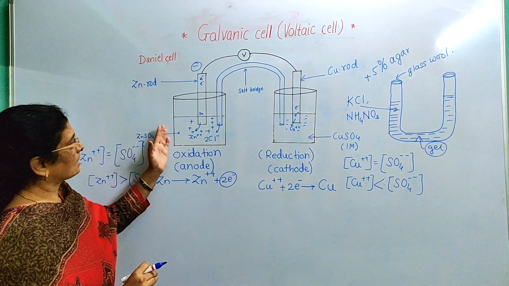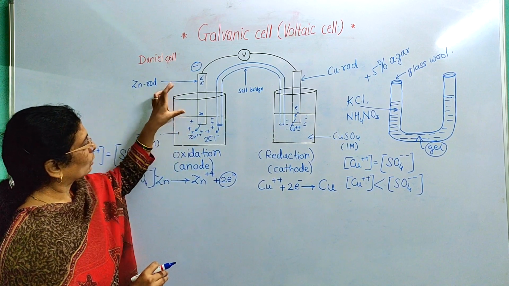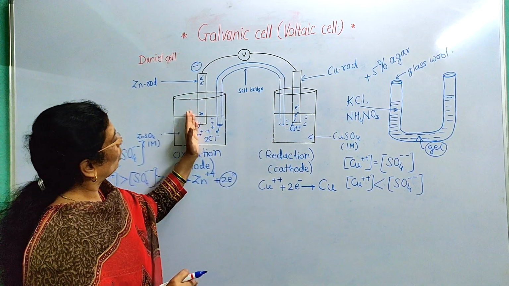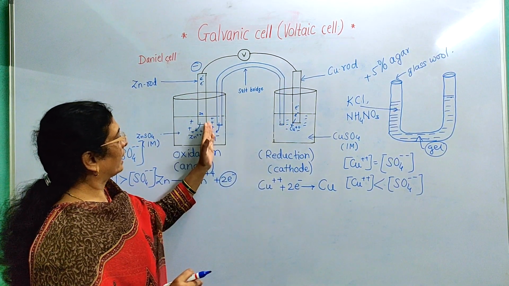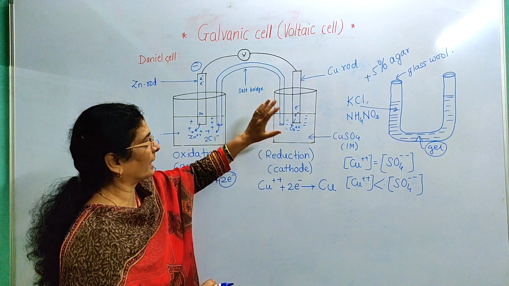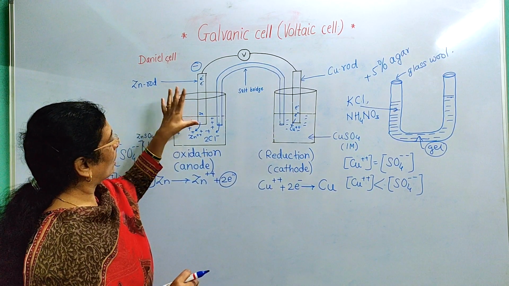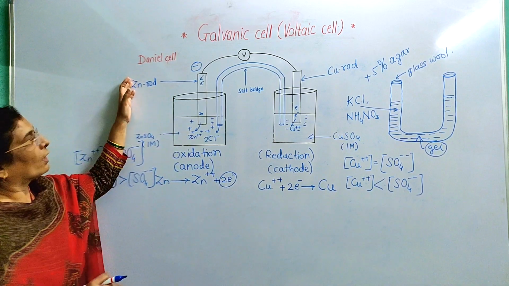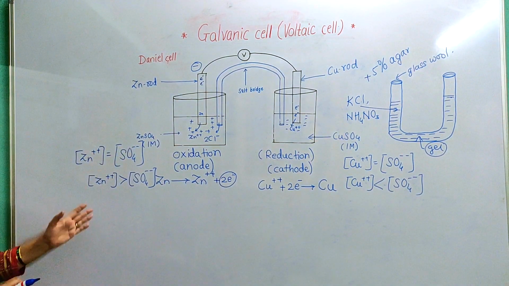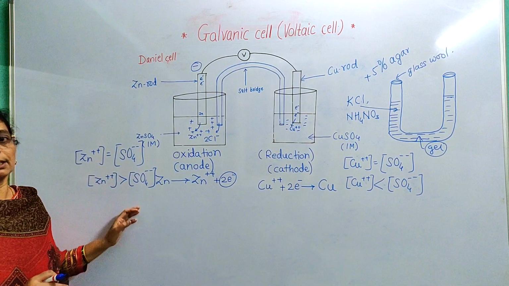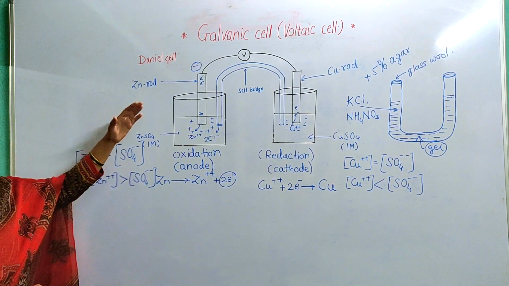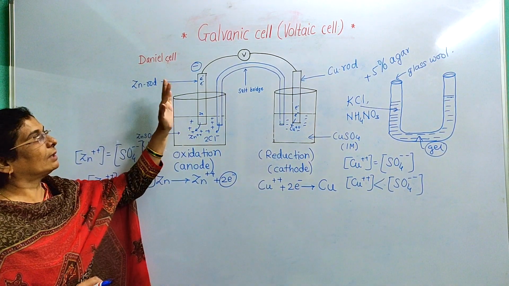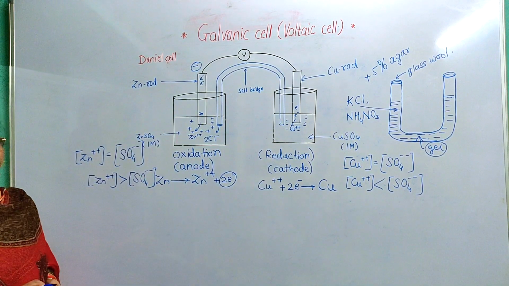These two half cells, or two electrodes, are connected by this metallic wire, and the two electrolytic solutions are connected indirectly by using a salt bridge. Any galvanic cell or voltaic cell can be constructed like this. Now, for the notation of a galvanic cell, there is one method. By using this galvanic cell, we will study how any galvanic cell or voltaic cell is represented.